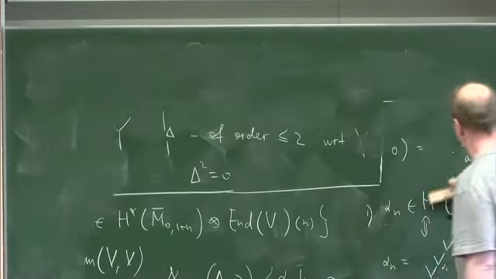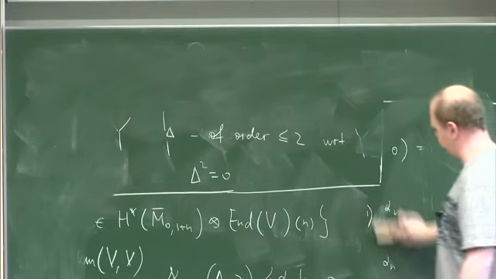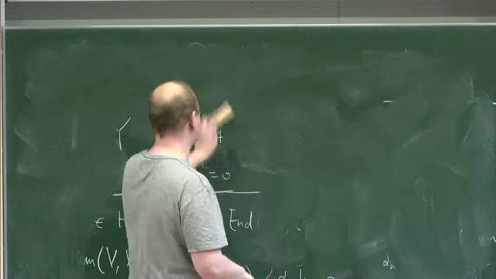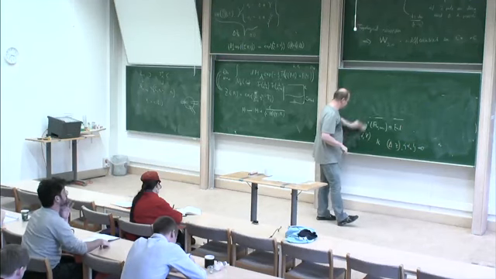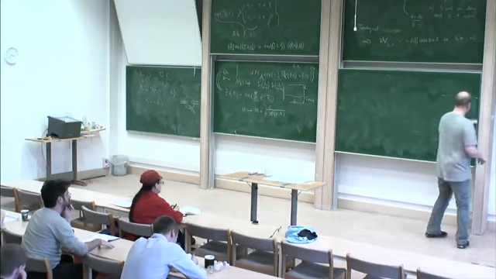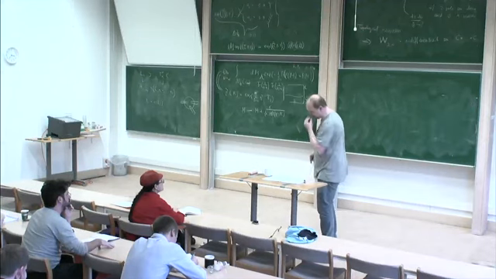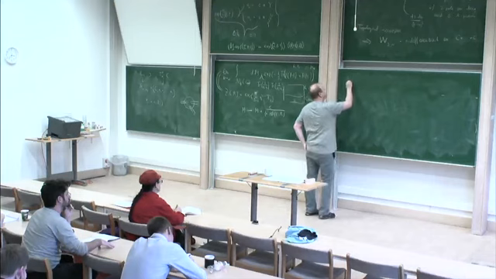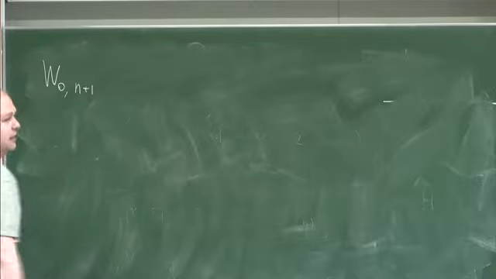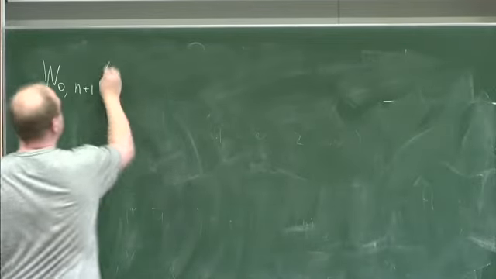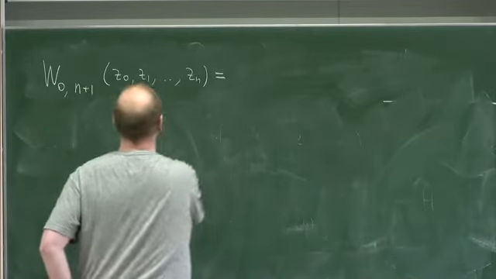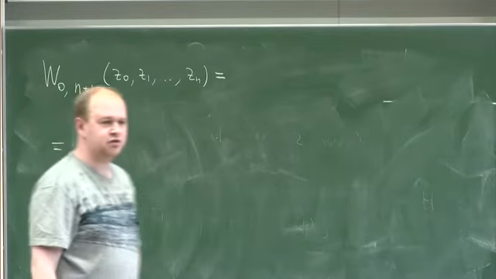Maybe one question: do you prefer to see it for all genera or just for genus 0? It doesn't matter. Formally I talked only about genus 0 so far, and now I tend to talk about higher genus, but I can still talk about genus 0. So the recursion relation is the following. We can say that W_{0,n+1}, depending on z_0, z_1, ..., z_n, is equal to something. Before saying what it is equal to, let us talk a little bit about the function x.